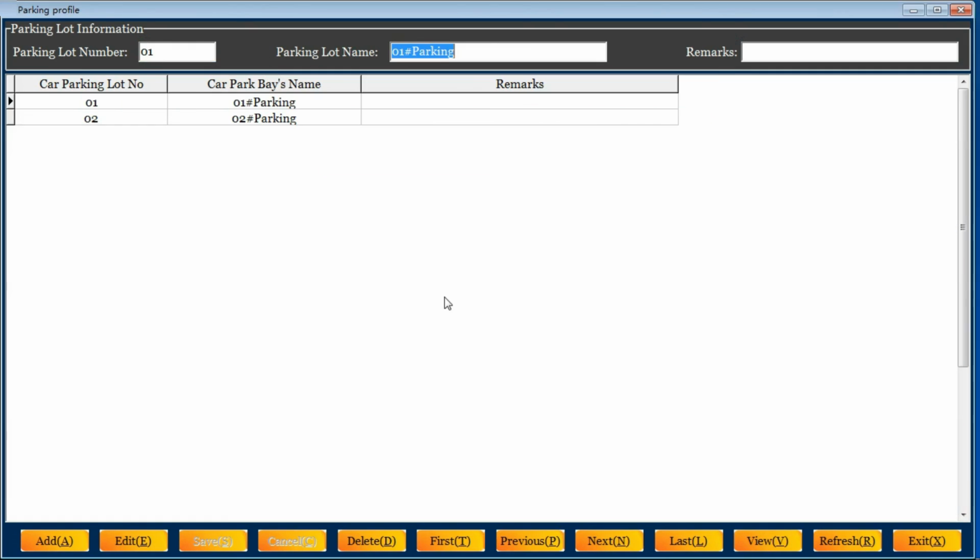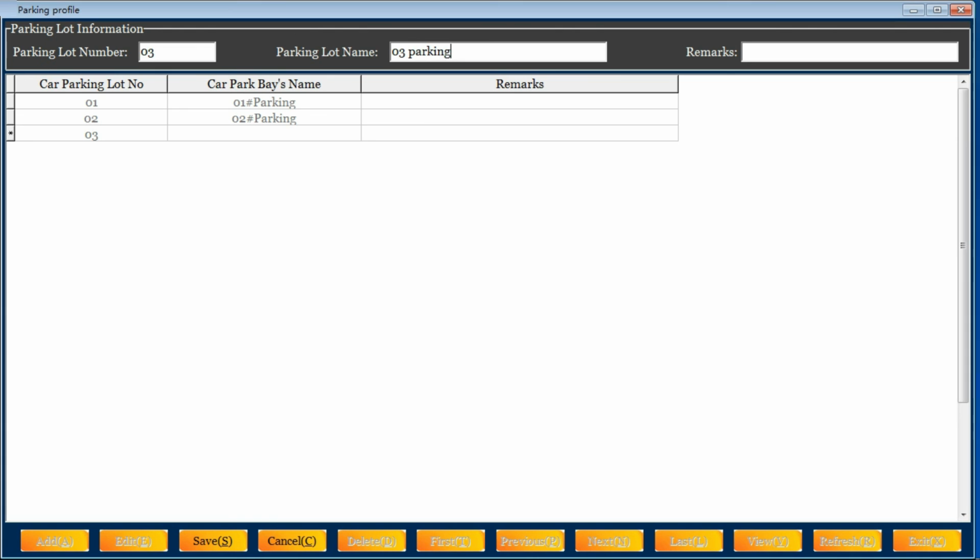The third part is setting for the parking lot. For some parking lots, we have some different areas, and maybe we have number one, so we name it number one parking. And also if we want to add more, maybe we call it source. Okay, oh sorry. Only two characters are allowed. So we add 03 and input 03